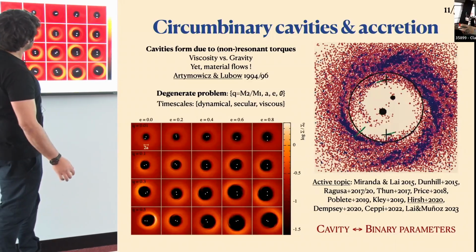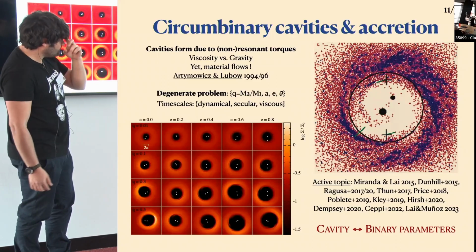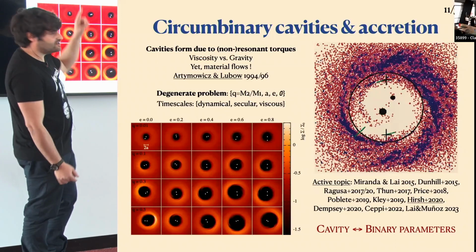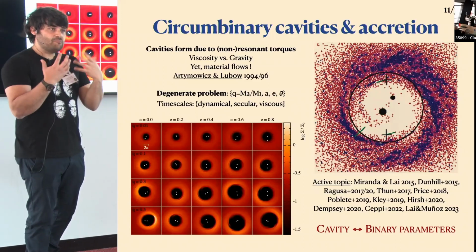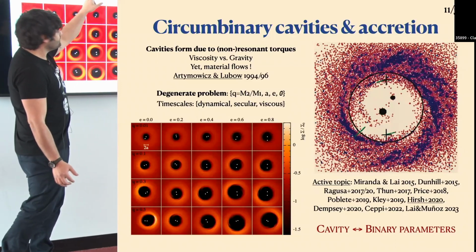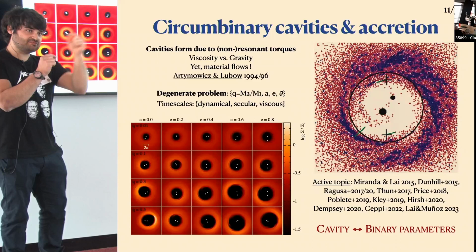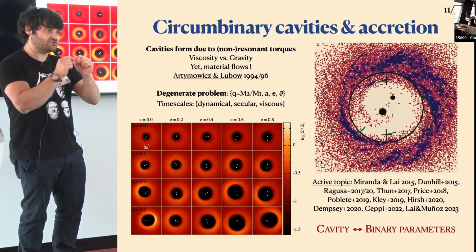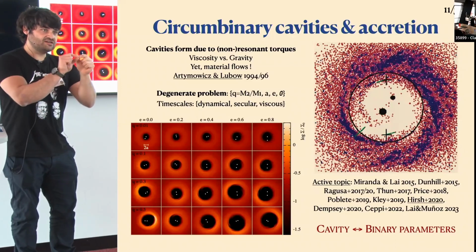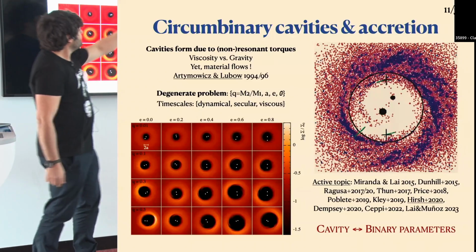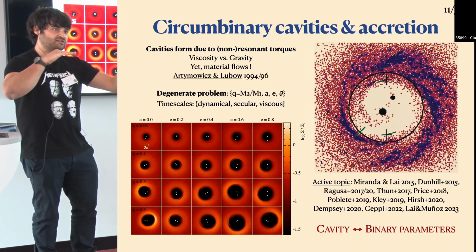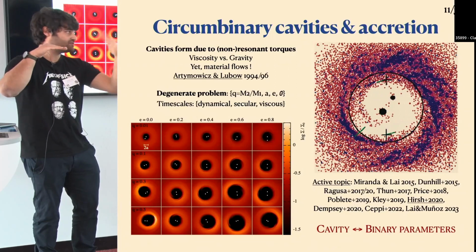And also, there is some very recent work by Kiran Hirsch and collaborators using Phantom here, where you can see that this is a very degenerate problem, in the sense that you have many parameters that you need to take into account. One of the most important ones is the mass ratio. So you take the less massive star and you divide it by the mass of the more massive star, the secondary and the primary. Then you have the semi-major axis, which is basically the separation of the binary. Then you have the eccentricity and the mutual misalignment between the binary orbital plane and the disk orbital plane. Okay? So this would be theta.